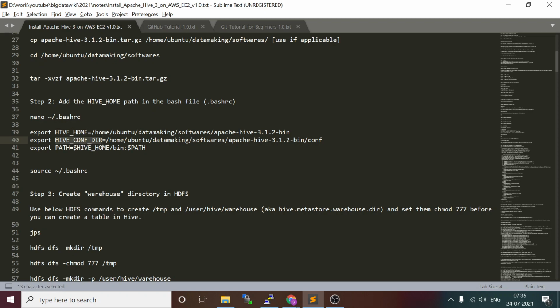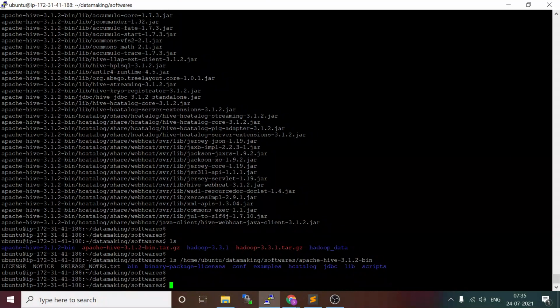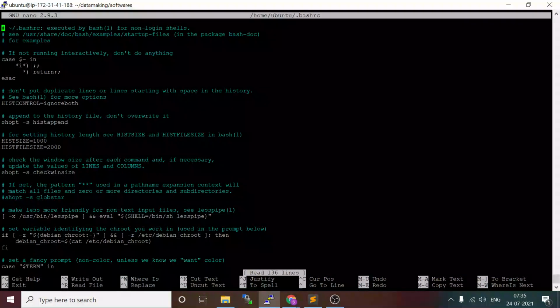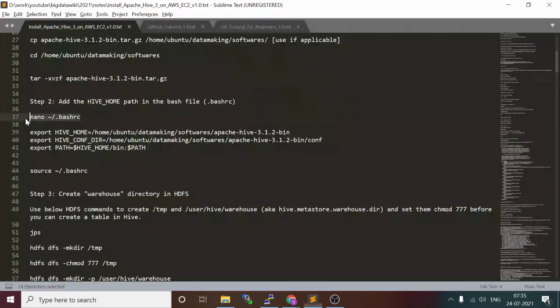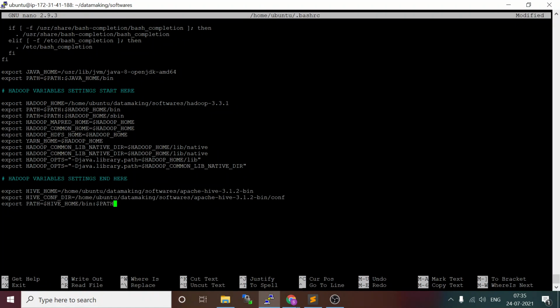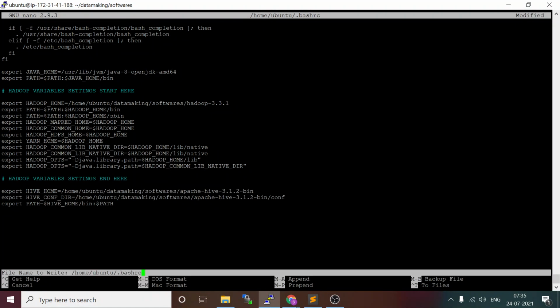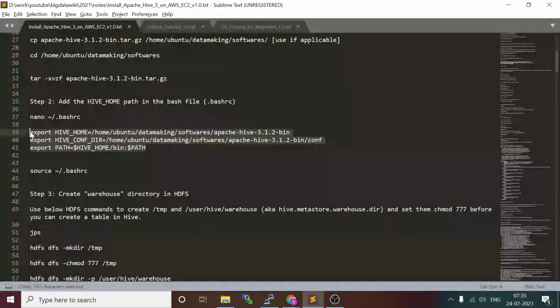These will be set in the profile file, .bashrc. I'm using the nano editor, so I will open this. I'll go to the bottom of the file, copy this export command, and paste it here. To save the changes, Control O and enter. It is written. Control X to come out of the nano editor.